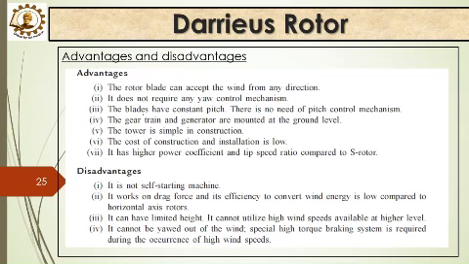Now coming to the Darrieus rotor. The rotor blade can accept the wind from any direction. It does not require yaw control. The blades have constant pitch, no need for pitch control. Disadvantages: it is not a self-starting machine. It works on lift force, and its efficiency to convert wind energy is low compared to horizontal axis wind turbines. It can have limited height and it cannot be yawed out of the wind. Especially, a high torque braking system is required during occurrence of high wind speed. So this is a few of the